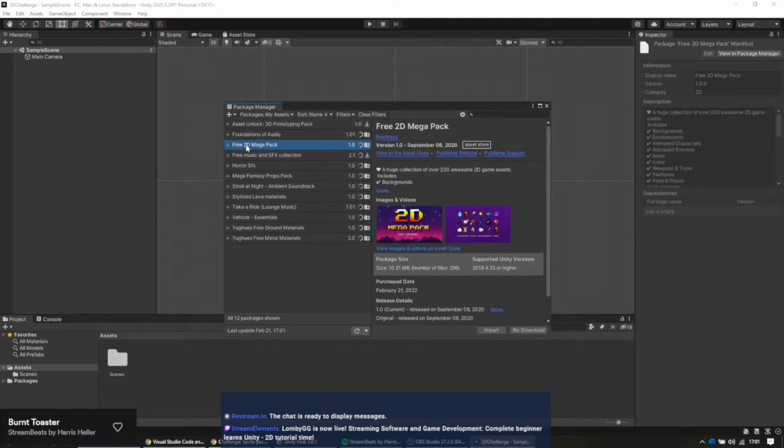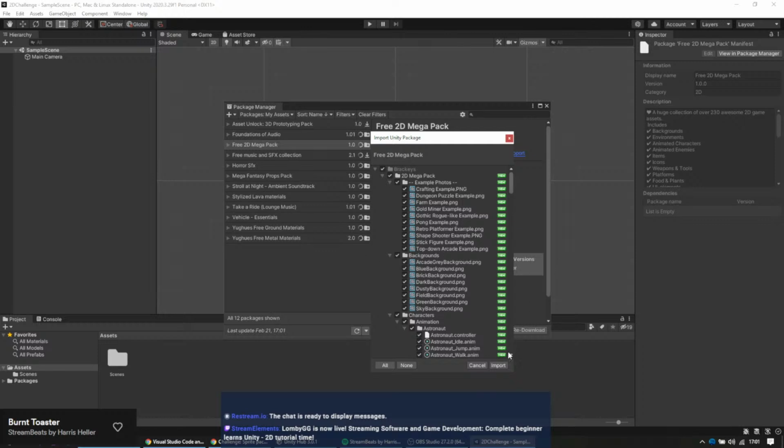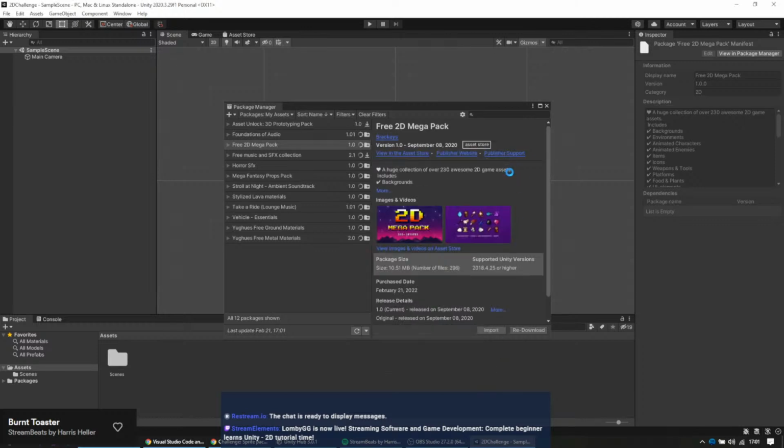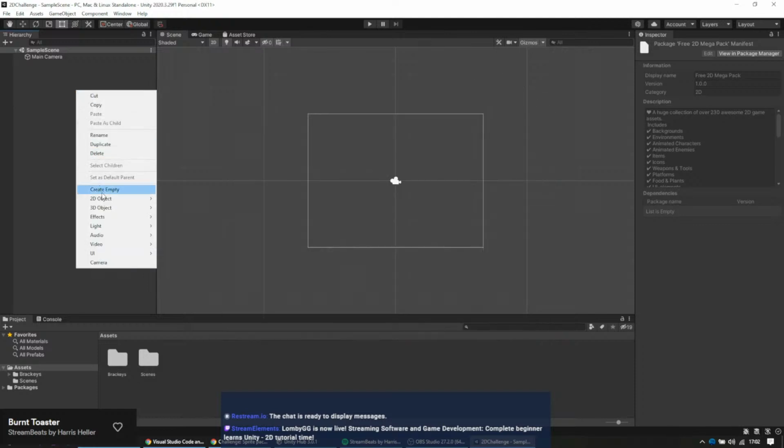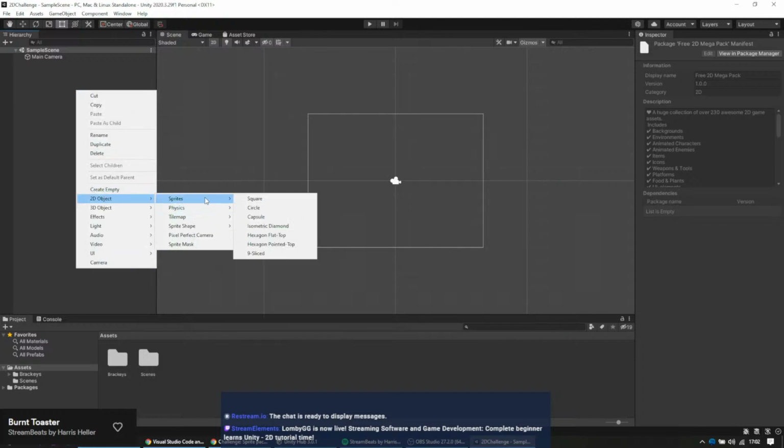Find our 2D mega pack, import that. It probably makes more sense to choose the parts of the pack that you want to import rather than importing everything, but we'll leave this for now. Okay, so first off we want the 2D